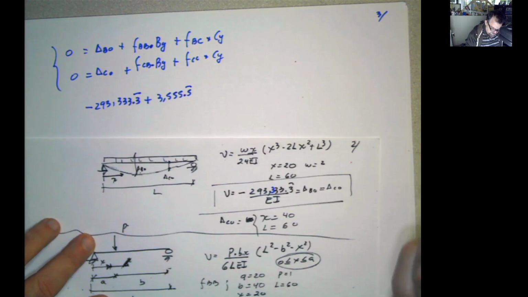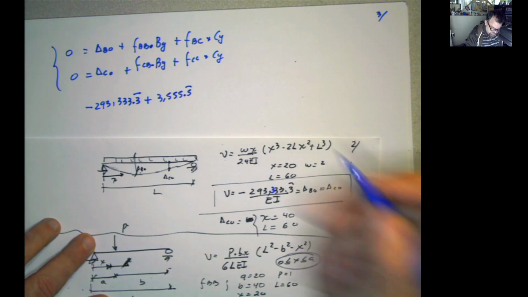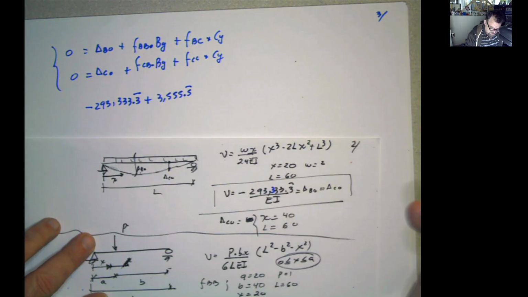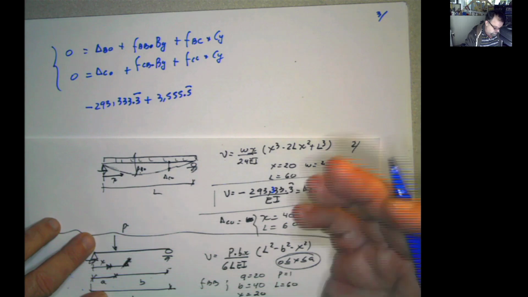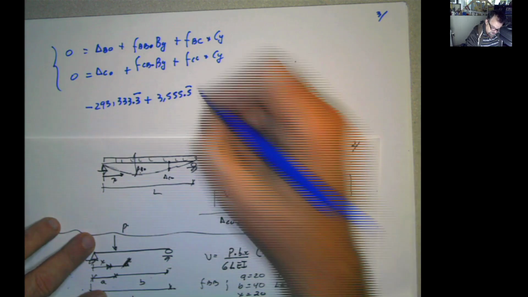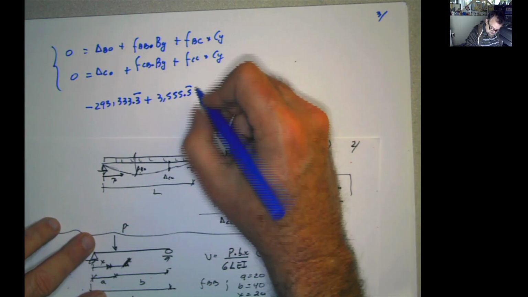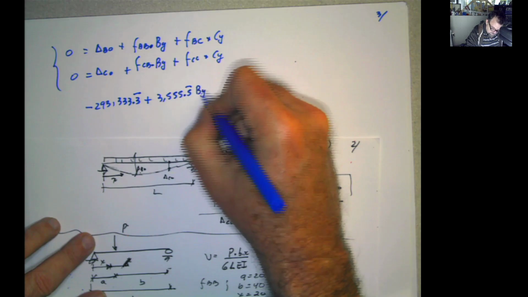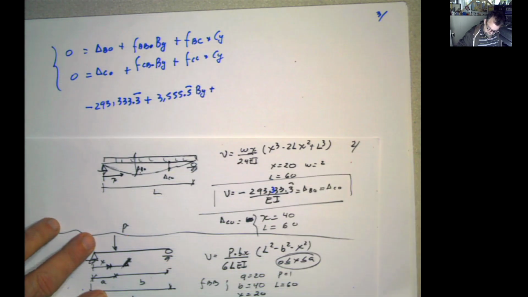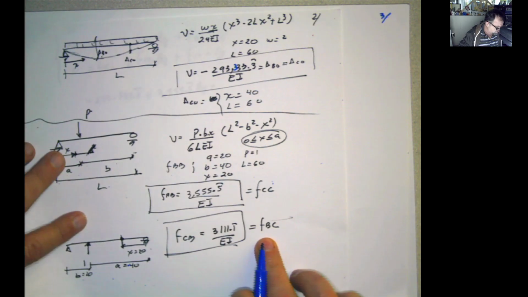Everything is divided by EI. Okay, so if everything is divided by EI, that's going to be passed to the other term and it's going to cancel out. So I don't care about that. So times BY plus FBC, and FBC is this one, 3111.1